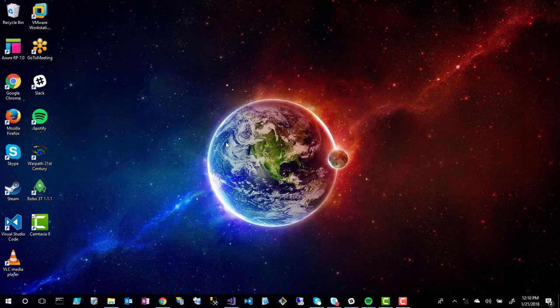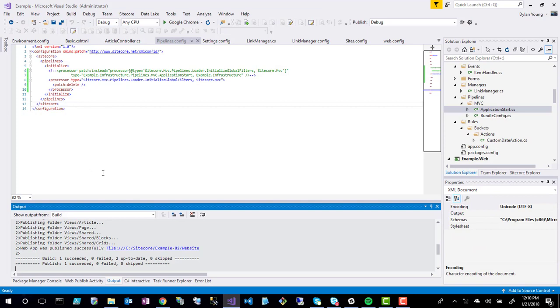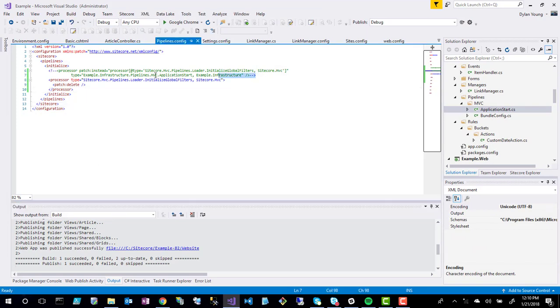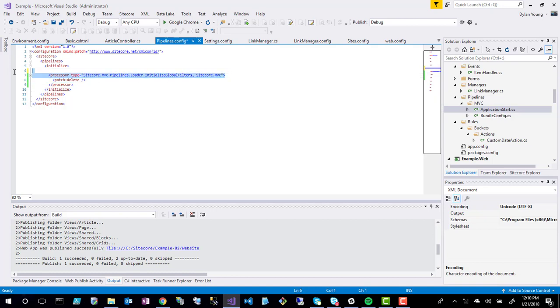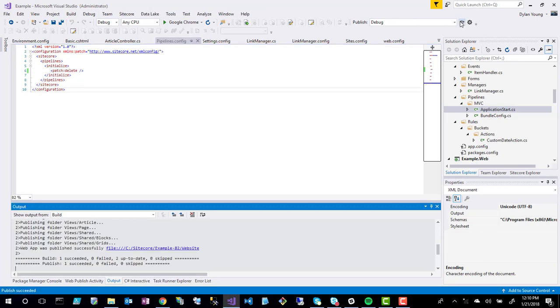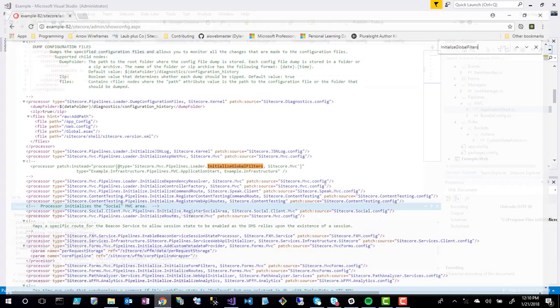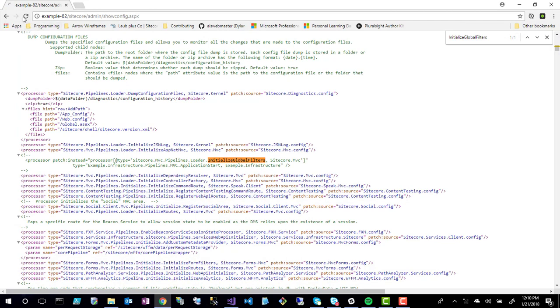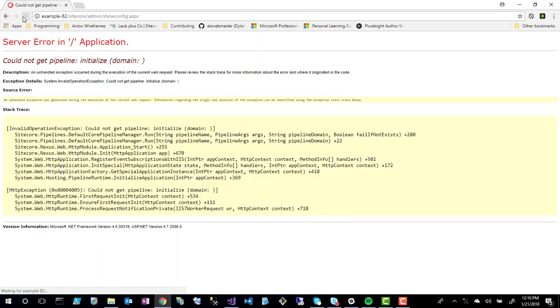I mean, I could go in here, for example, and instead of doing this, I could do a patch delete of the initialized, the actual pipeline itself. Instead of deleting a processor, I'm going to delete a whole pipeline. In theory, this will work. A lot of this I have never tried before, but in theory, since it's all just standard options I'm doing here,